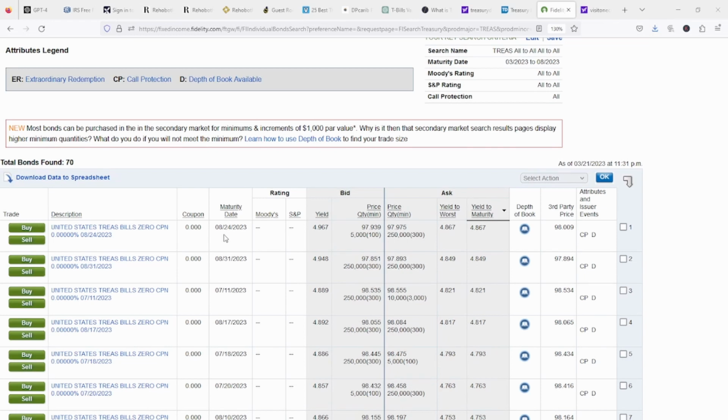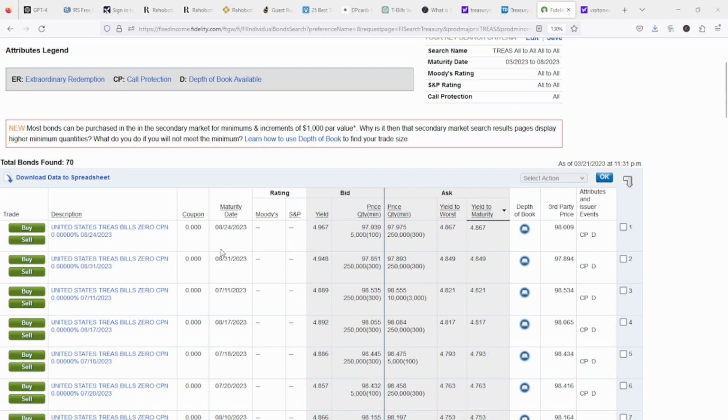I'm using 6 months because I want to compare the $3,000 that I had in my savings account, and as you saw, the time frame there that I used was 6 months, and for 6 months I get about between 3 cents and 2 cents per month. I get a total of 15 cents for the 6 months period. Let's see what my earnings would be here if I'd invested that same $3,000 in Treasury bills here.